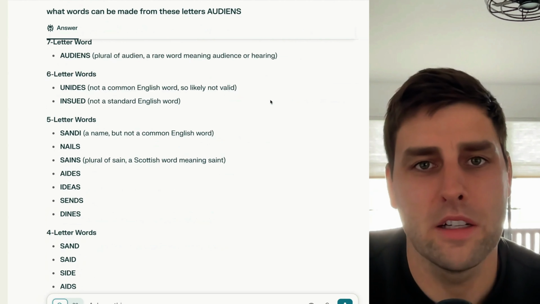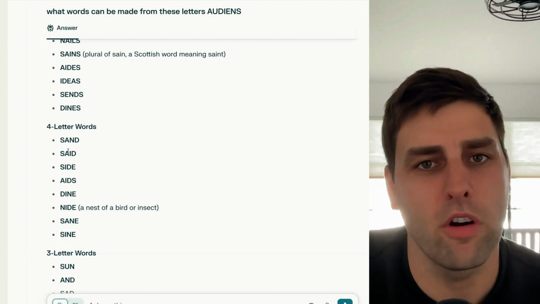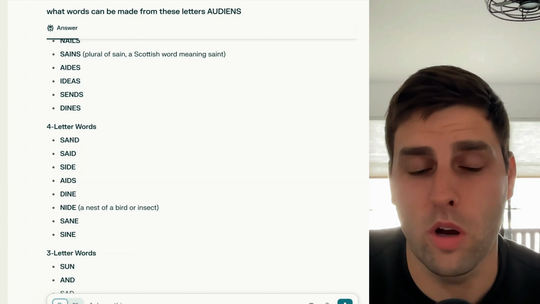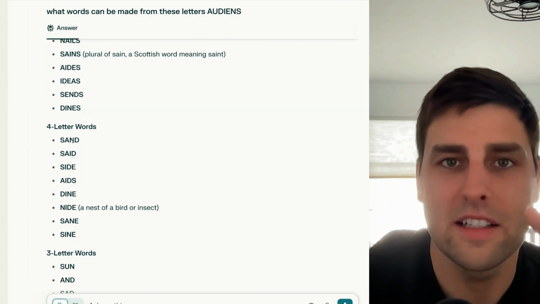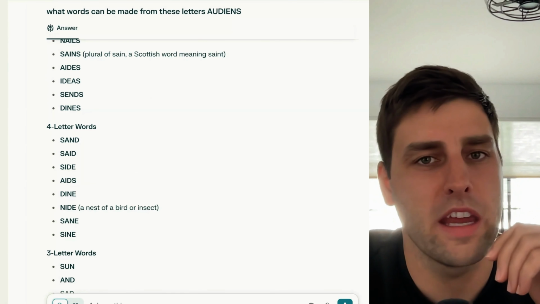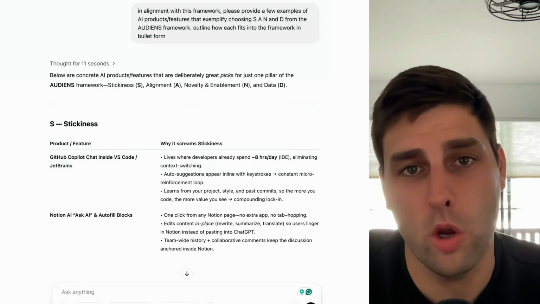What can we make? So looking through this list, I wanted something that wasn't too long. What can I pick from? Okay, sand, that's a good word. Then from there, I had this thought of we could have some fun with that. Okay, let's use sand. So then I went to ChatGPT at that point, went to the cutting edge model O3